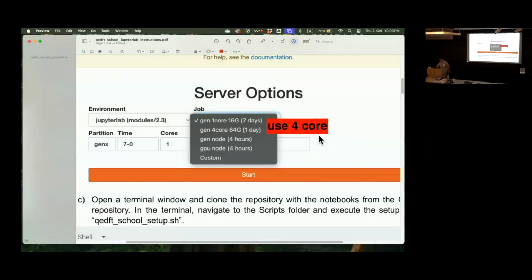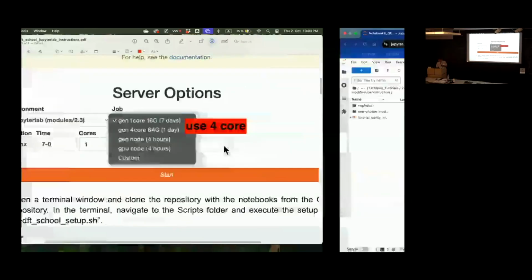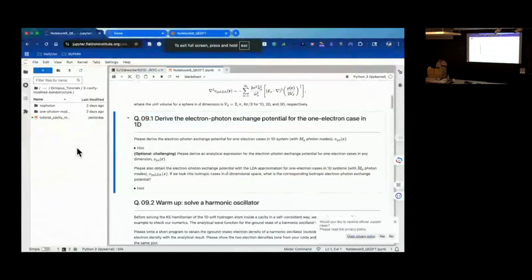But when I was writing this, Antonio, my office mate, asked me the same question. Now we are going to go to the tutorial section, and the tutorial section basically just follow the. I already put the tutorial in the GitLab, the Git repository. So if you go to the Octopus tutorial, then probably you are going to see